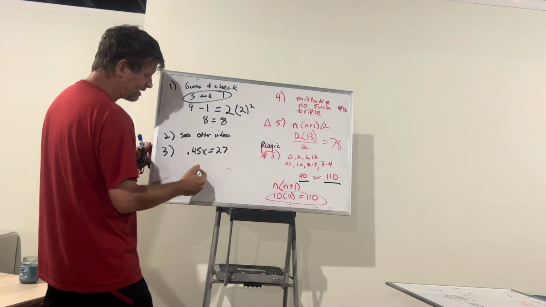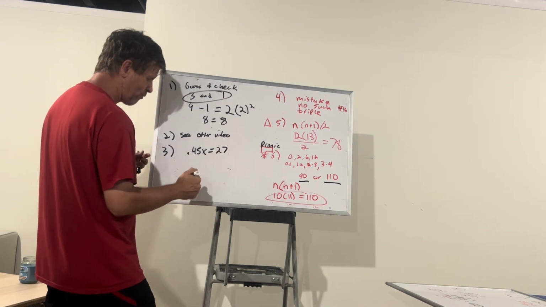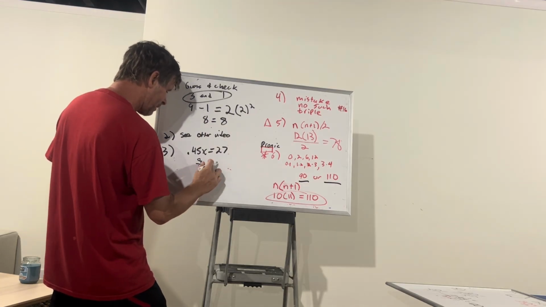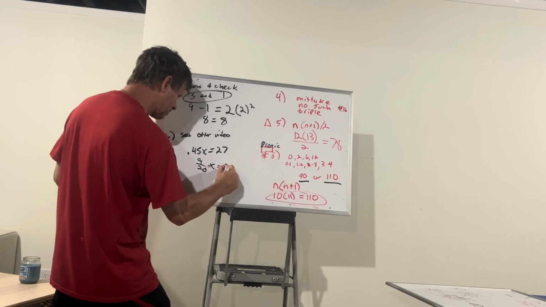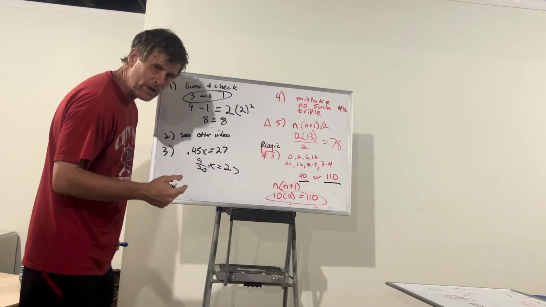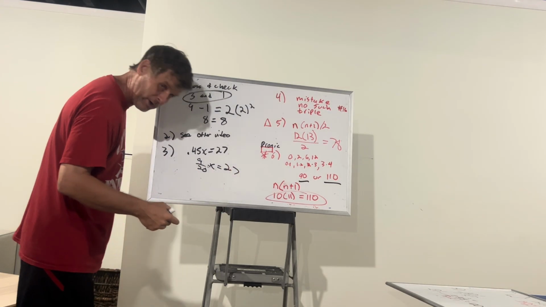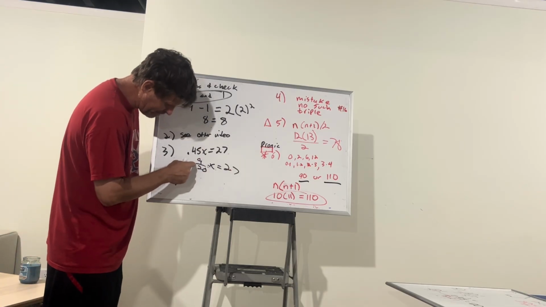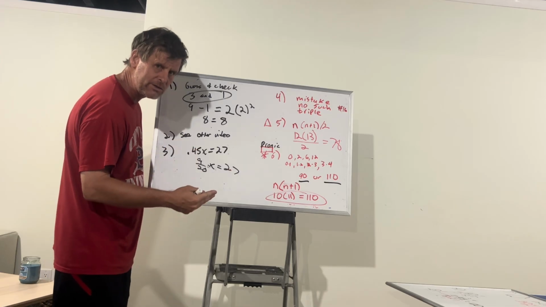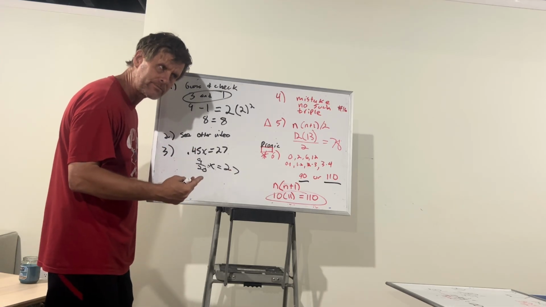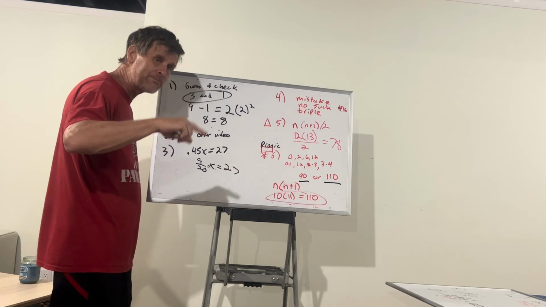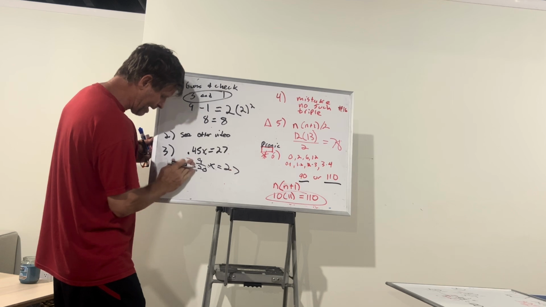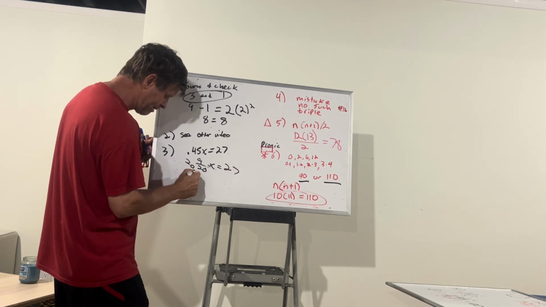Now, when I'm solving this problem, I could divide both sides by 0.45, okay? I like to use fractions for stuff like this. That's 9/20 x equals 27. When I do solving for a variable, I like to say once upon a time there was an x. We want to get him alone. Right now he's multiplied by 9/20. So how do we undo that? We divide by 9/20. But if you remember, dividing by a fraction is the same as multiplying by its reciprocal,